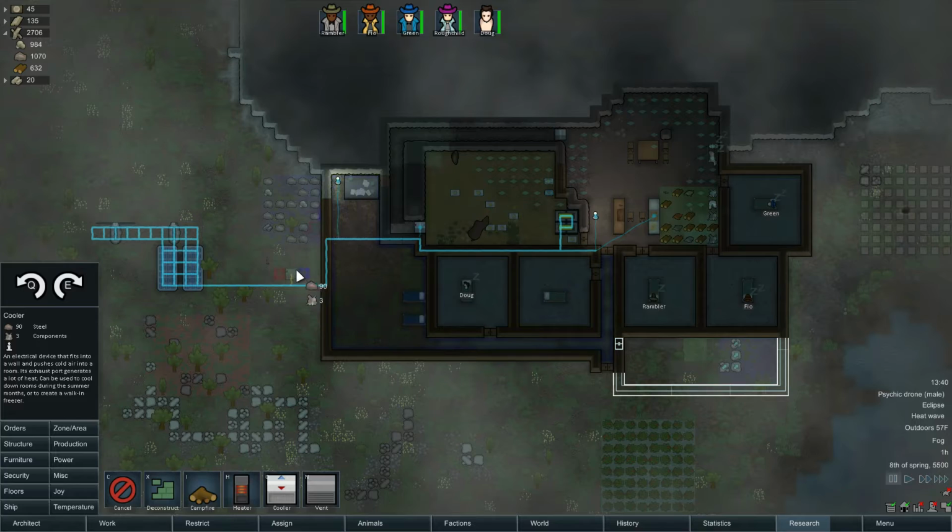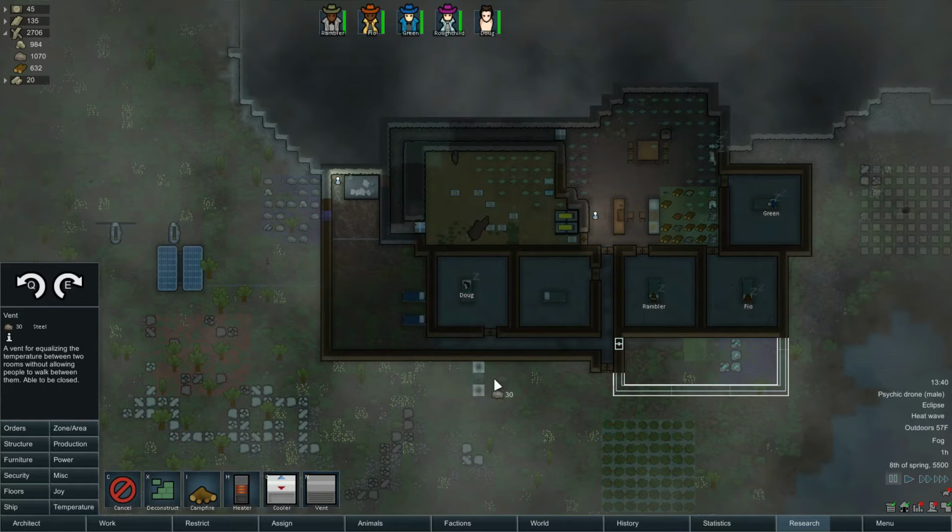So I've already explained this I think once, but blue is cold, red is hot, so just flip it around until you get it to where you need to be. And I am going to pop it down, I think just right there. And then we need to get vents in. Doesn't matter, as far as I know, where you put them, as long as the rooms are connected, it doesn't care. There, there, put one in there,